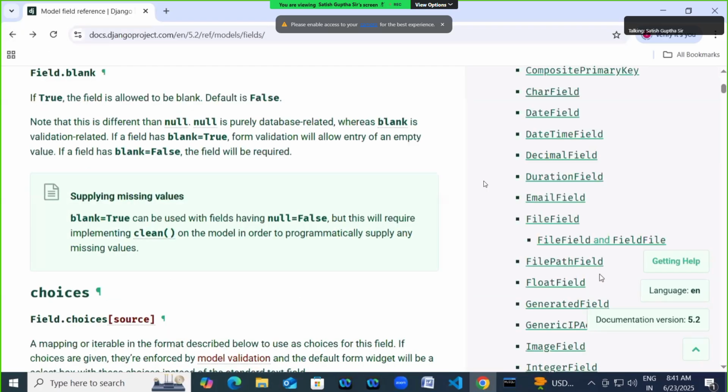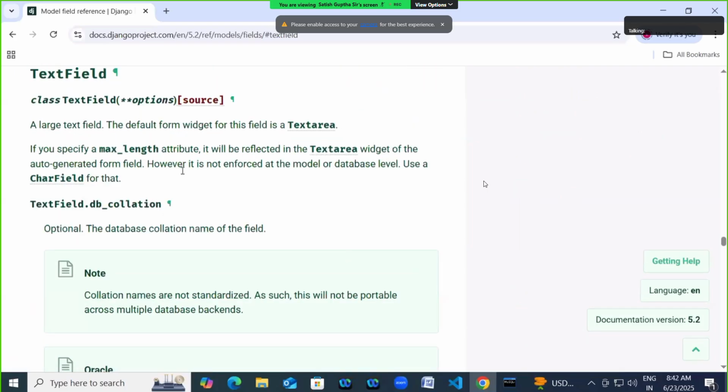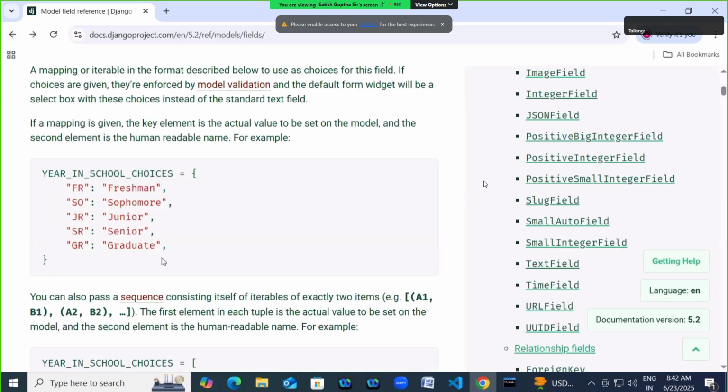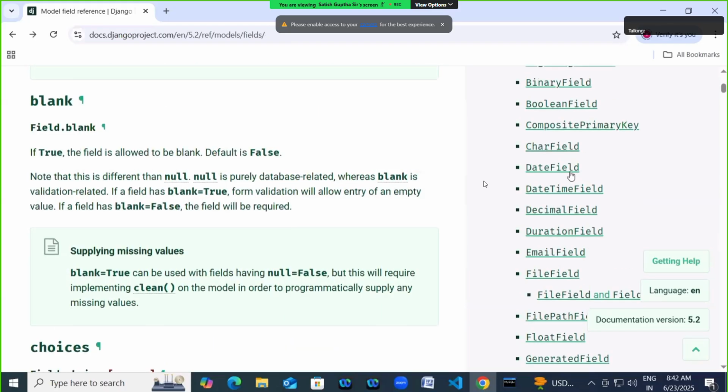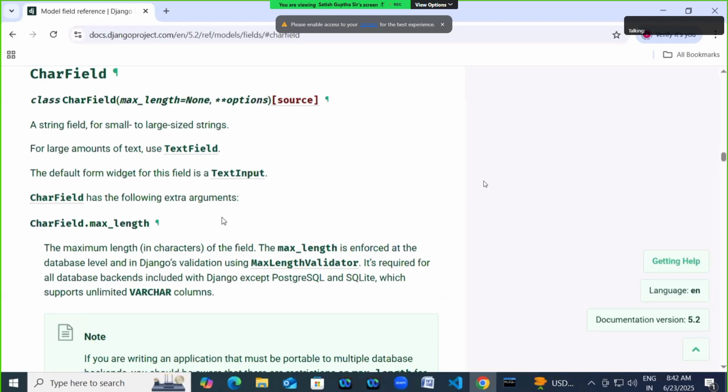But when it comes to the text field, now you also have a text field, right? This is a text field. If you specify the maximum length attribute, it will reflect on which one? Text field is just like a text area. It means you can input multiple lines, right? Actually there is no maximum length. You don't need to define the maximum length if you are defining a text field. But when you are using a character field, you have to define the